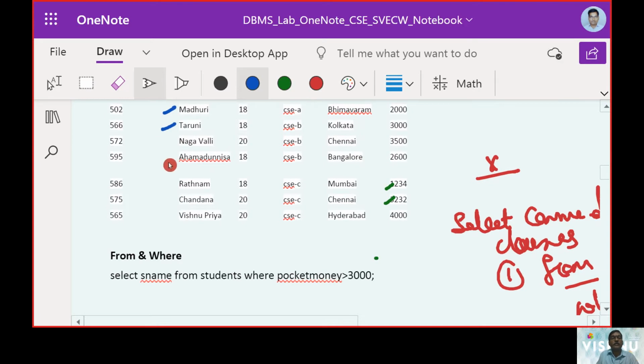Tharuni, again A was mentioned. Nagavalli, again A was mentioned. So again Ratnam was there, A was mentioned. Chandana was there, A was mentioned.